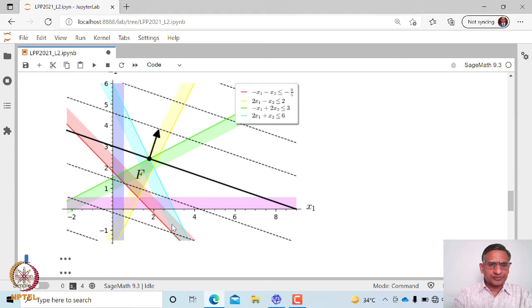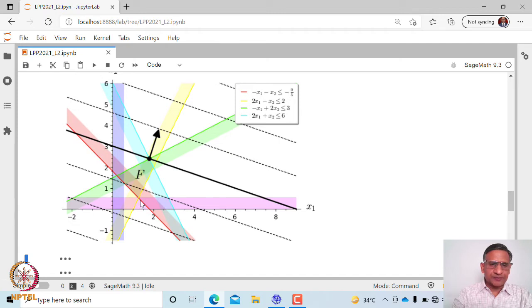Then you have this red line, which is x1 minus x2 less than or equal to -9 by 5. So that is towards this side, and this is the corner point at which the maximum occurs, right? So that is the arrow, and this is the point at which the objective function has maximum value.